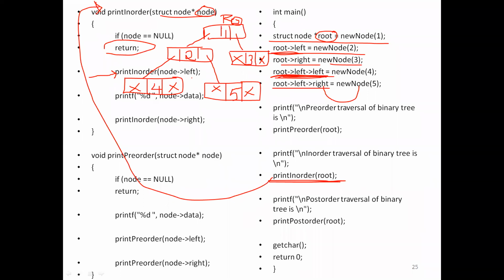In order means whatever data you are printing should come in the middle. If you are printing the data using pre-order, you should print the data first, then call the pre-order function later.